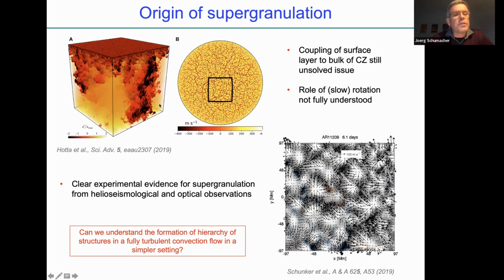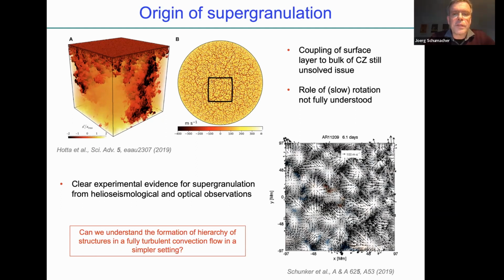And the figure I'm just showing you here is a state-of-the-art supercomputer simulation by a Japanese group, and they have basically changed the top boundary conditions, and not much happened with the structure formation processes further down in the convection layer. So the numerical simulations